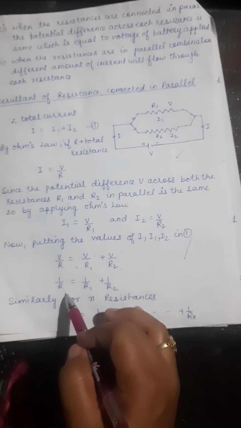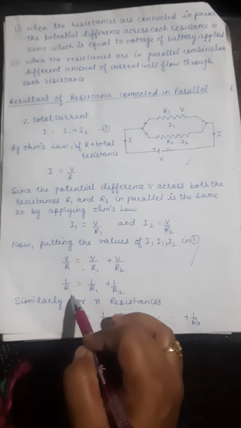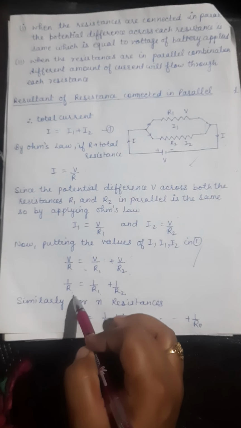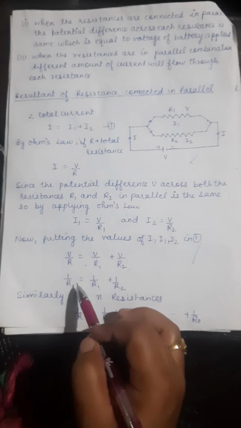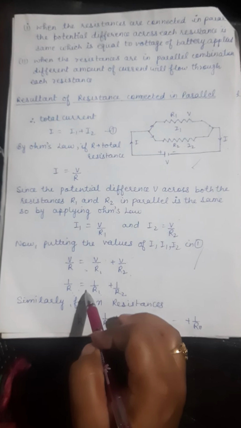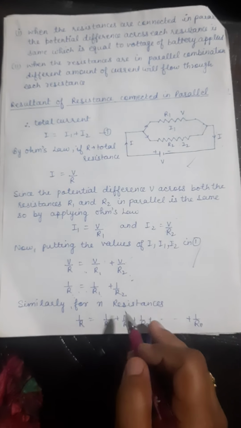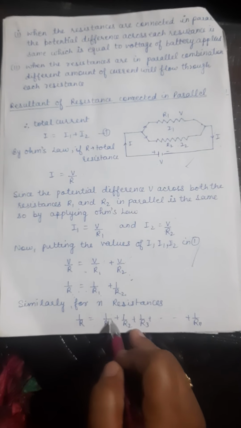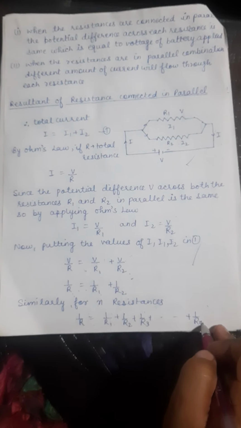Therefore, the resultant of the two resistances is in reciprocal, I hope you can understand. 2 means 2, and if we put 1 by 2, that means 0.5, that means decreasing. Therefore, if the resistances are connected in parallel, the resistance gets decreased. Here we have taken two resistances. You can do the same by taking n number of resistances. Then the relation would be 1 by R equals 1 by R1 plus 1 by R2 plus 1 by R3 and so on up to 1 by Rn.